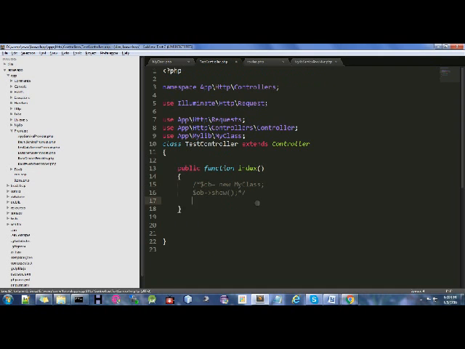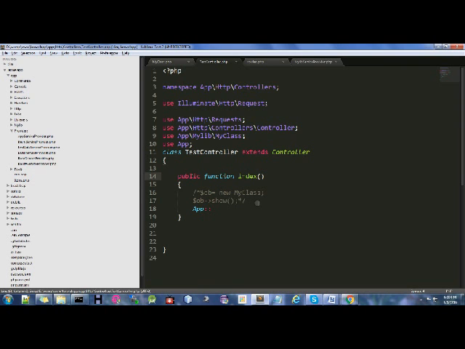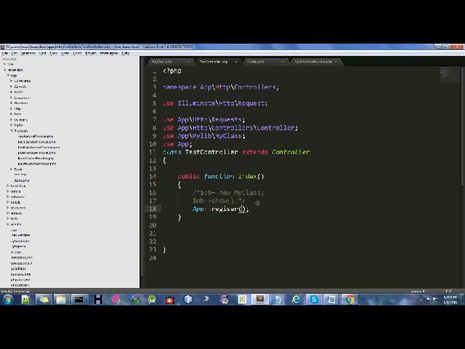If you would like to test, I'll show you how. Let me comment these two lines first. Here I'm going to use app, and in that app I'll call register.